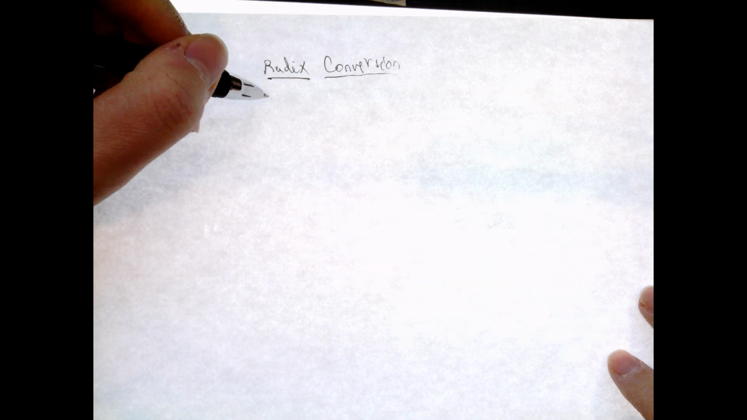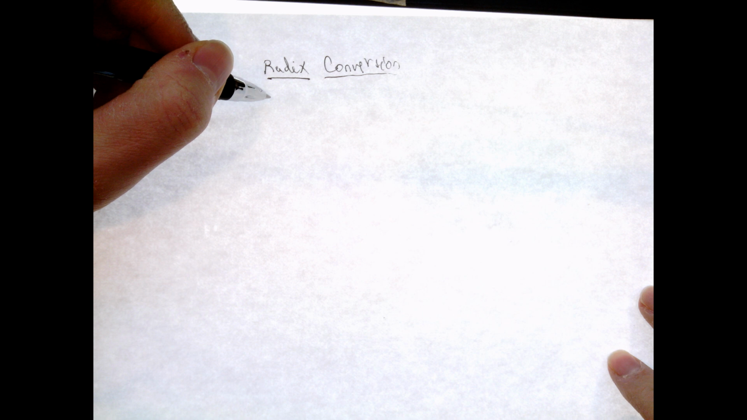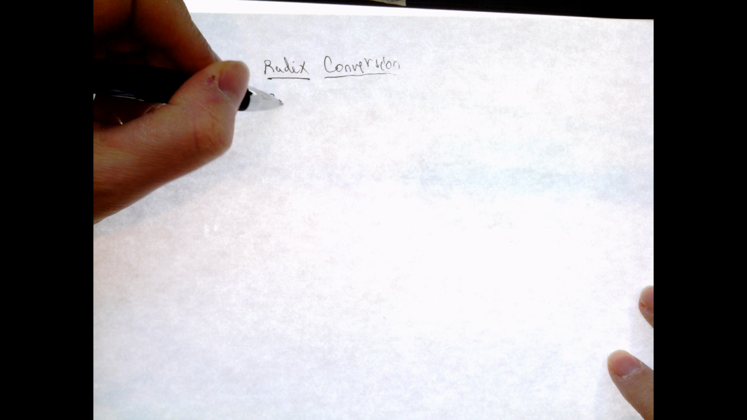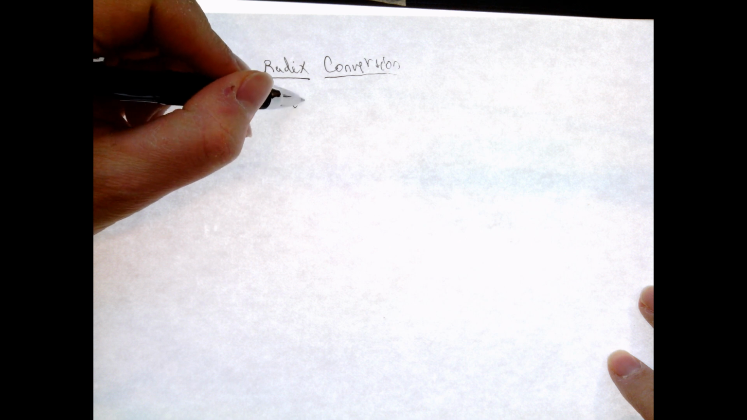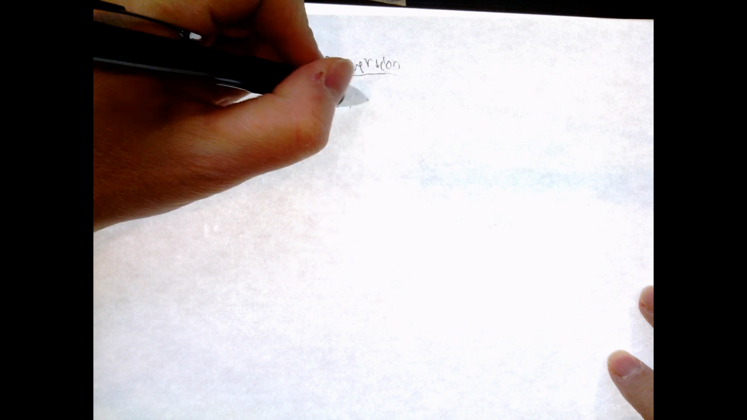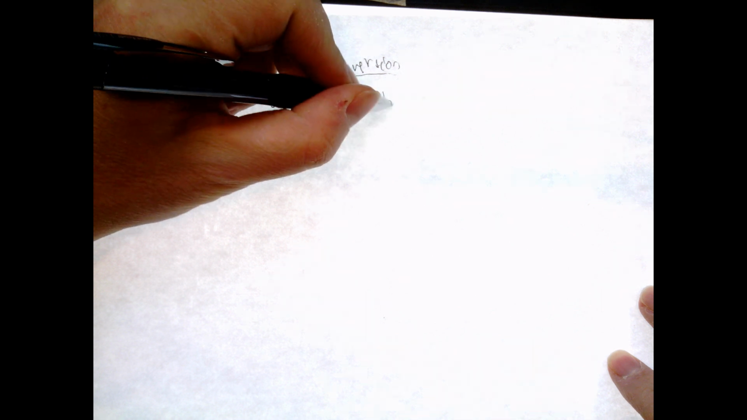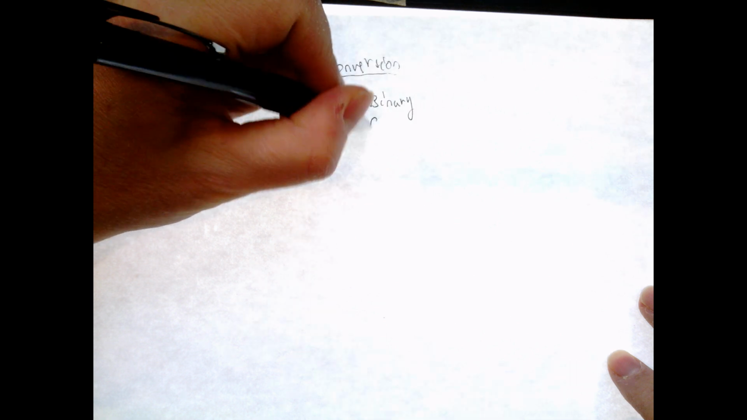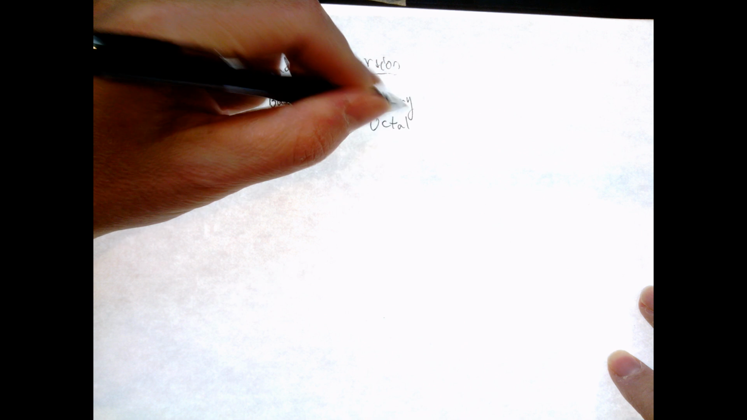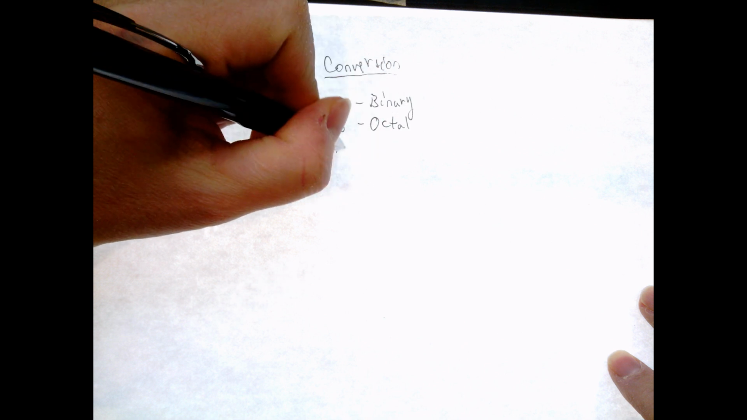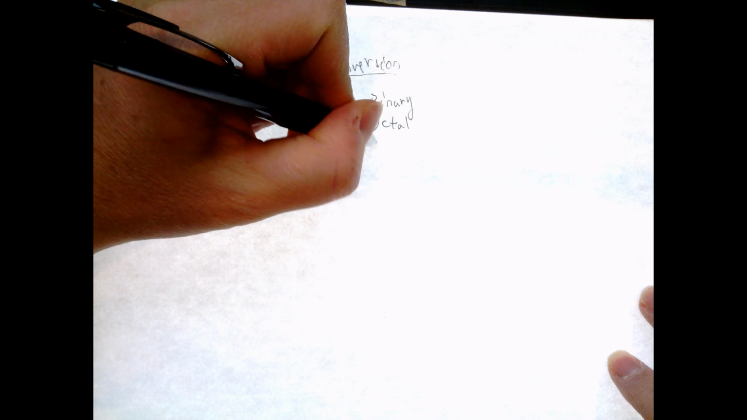Hi everybody. I'd like to introduce you to the basic topic of base conversion, or what is sometimes called radix conversion. The common bases that we deal with in computing include base 2, also known as binary, base 8, sometimes called octal, base 16, also known as hexadecimal,